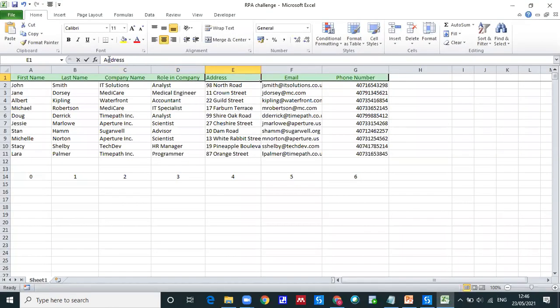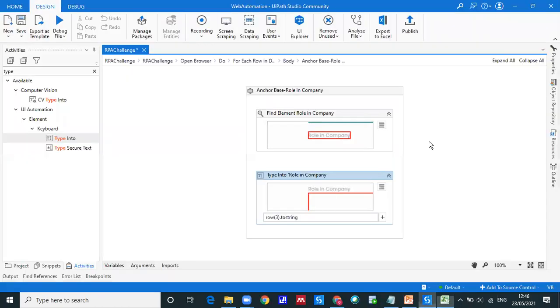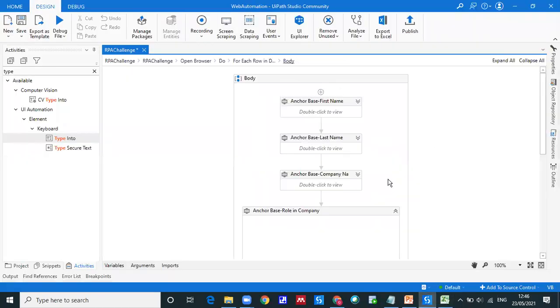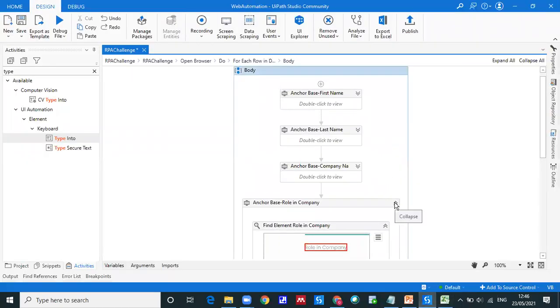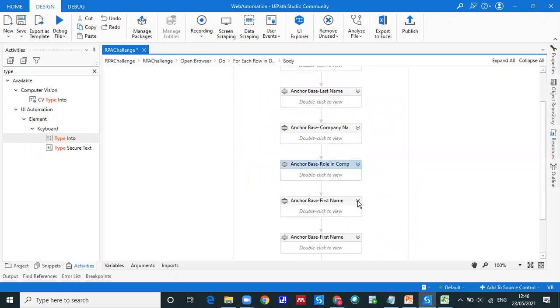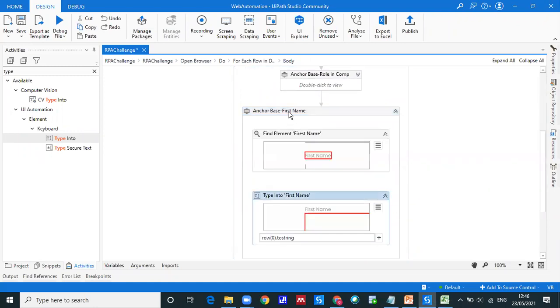Next is the address I'm going to pick up. So just minimize this. Company should be minimized. Then this one. So bear with me for 5 more minutes. I'm just repeating the same process.